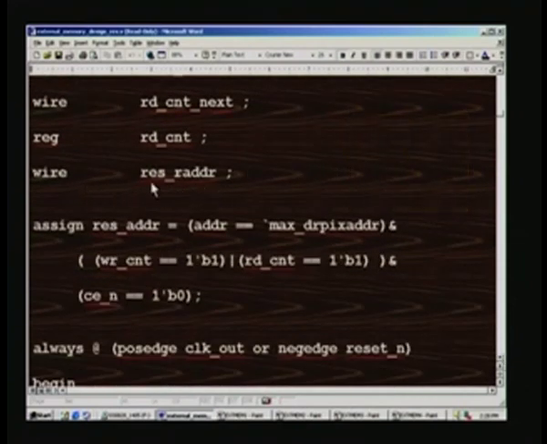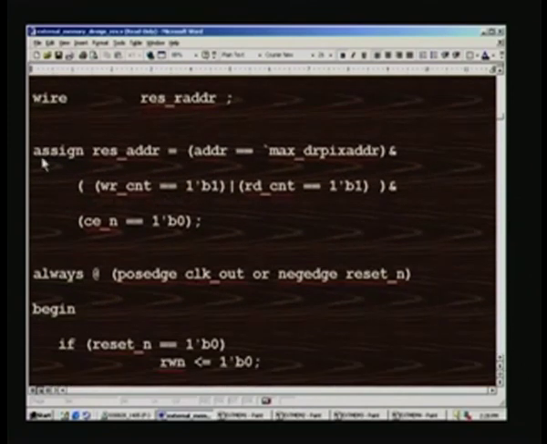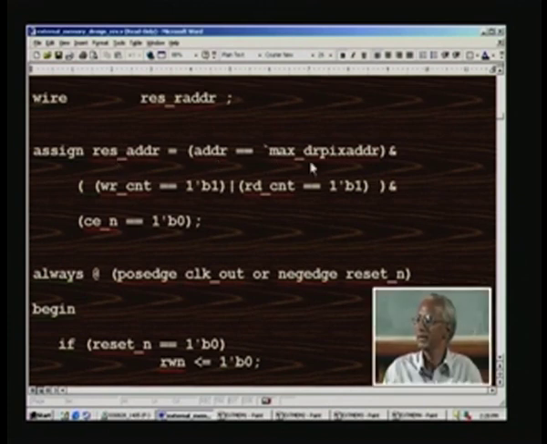And we have further read address reset as well. Now we will have a look into the actual Boolean expressions that we need to evaluate for achieving this, and first is the reset address. So, whenever you want to reset the actual address, what we have to look for is whether we have already processed all the addresses right up to the maximum. This is 65535 in this case, and when it matches with the current running address,